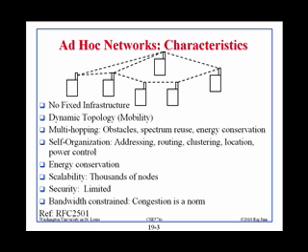Then self-organization. Since things are changing, there might be some organization control, but not necessarily. In that case, how do you assign the addresses? How do you find the route? How do you find the location? How do you do power control? And then there is clustering, which means that if some people are close to each other, then you can form a cluster, a group or a community. And when they want to reach some other cluster, only then do they do something special. All of those things have to be self-organizing, meaning you just do it on the spot.